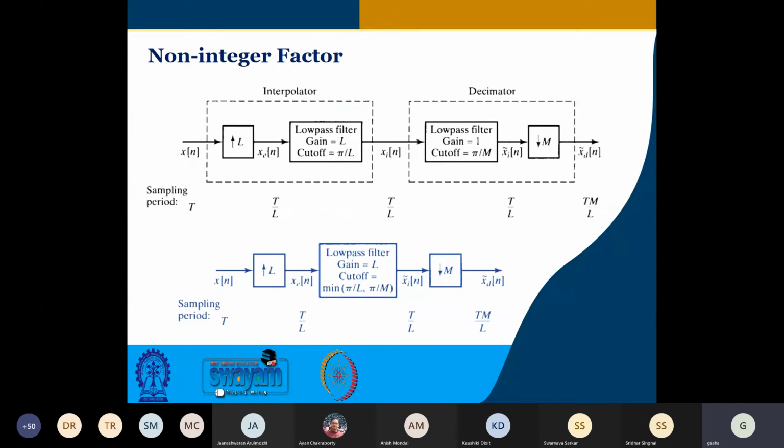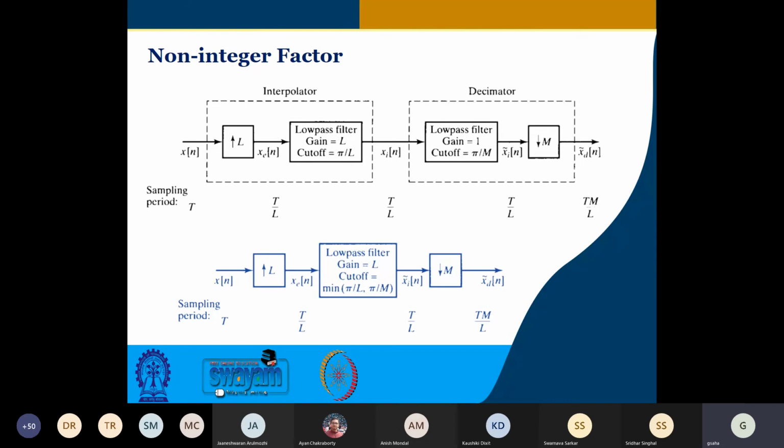So now we are looking at, while it is fine that you are downsampling or upsampling by an integer factor, there may be a requirement where you need to change the sampling rate by a non-integer factor. But fortunately, what we have in our consideration is something which can be expressed as a ratio of 2 integers. If it is not, then it is a bit troublesome, and you have to think of resampling and some other method.